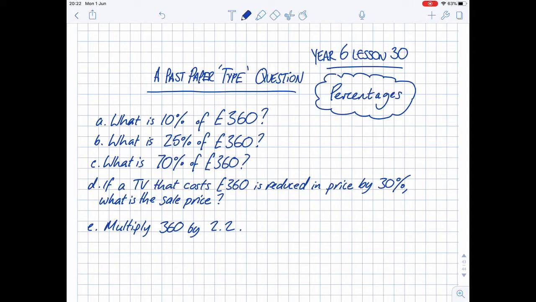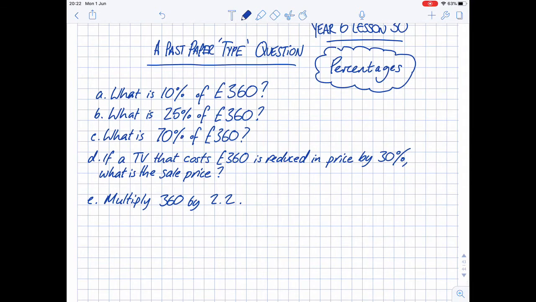Okay then, so all of your questions were linked to £360, weren't they? So to help, I'll just move it up a little bit. I'm going to draw my table. Like so. Okay, so again, this side it'll be our percentages and this side will be our cost. So 100% was all of it, which is £360. I won't put the pound symbol in because we've got it at the top of the table.